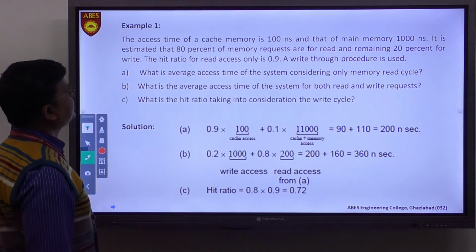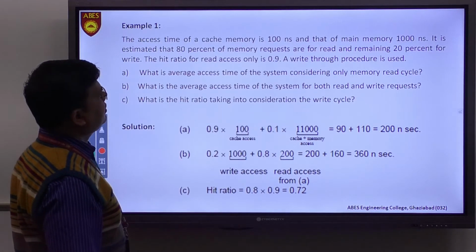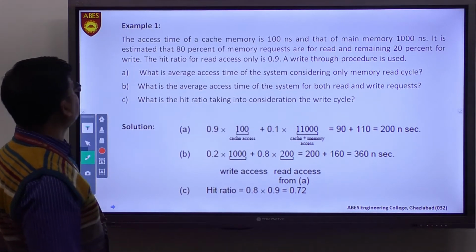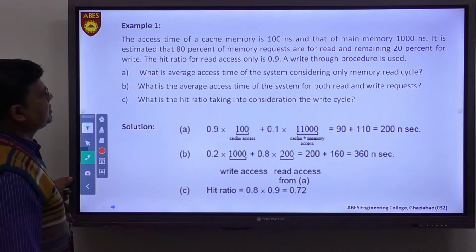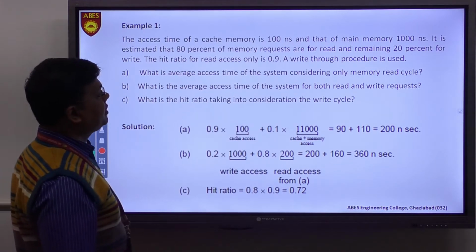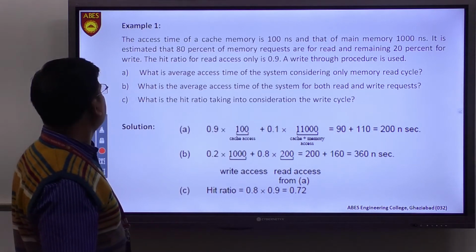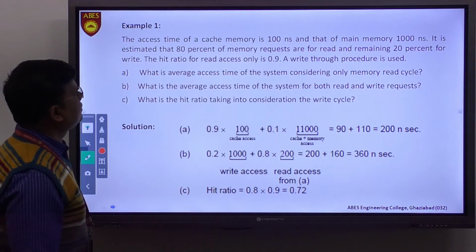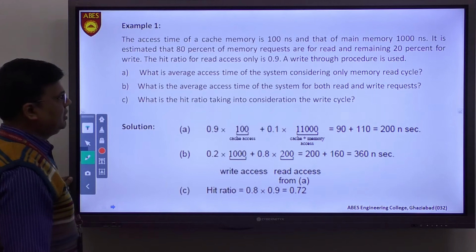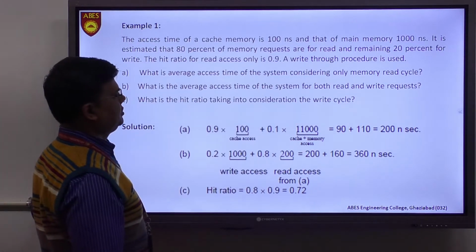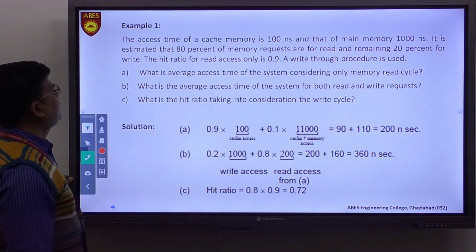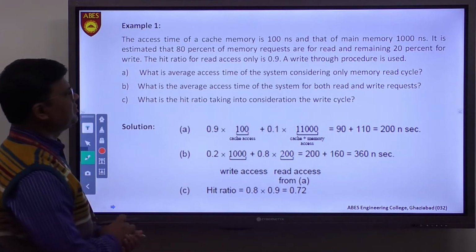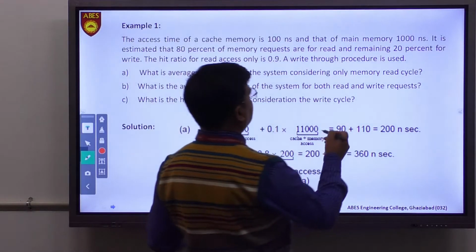The access time of the cache memory is 100 nanosecond and that of main memory is 1000 nanosecond. It is estimated that 80% of memory requests are for read and the remaining 20% for write operation. The hit ratio for read access only is 0.9. Write-through procedure is used. Now the first question is, what is the average access time of the system considering only memory read cycle? So here, let's first